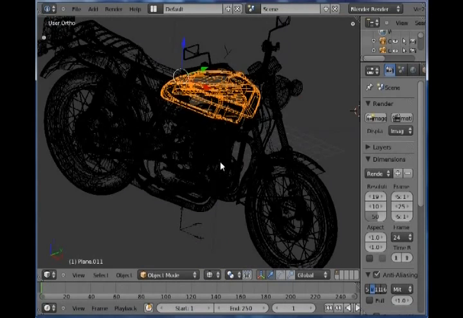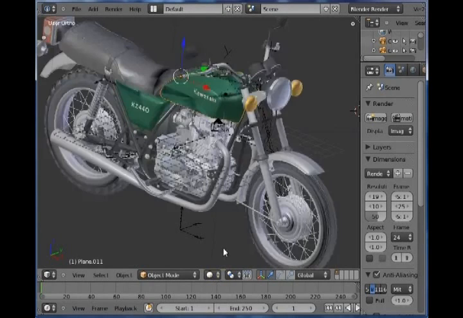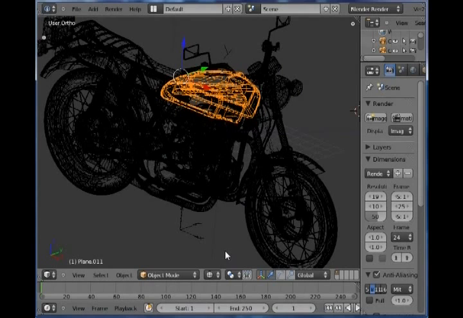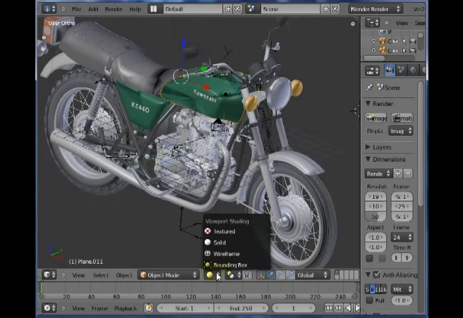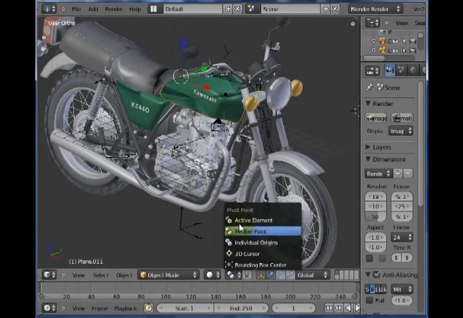The Z key on your keyboard does the exact same thing that I just did with this button. Okay, so solid, wireframe, and there are some other shading options in here that we can look at a later time. Next box over here is how do you want to have things pivot around. By default, it's usually at the median point of all the selected objects will be the pivot when you move